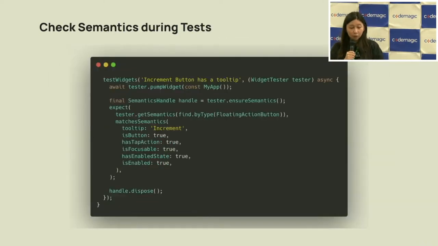Another thing we can do is check semantics during tests. With this test, you can basically verify if your tooltip or your label is there. One thing to note though is it is not a fuzzy match, so it has to be very exact. So if you gave it a boolean that image is true, you have to add that. You have to add every piece of information of that semantics, otherwise the test will fail. So it's very lengthy to write this test, so I can recommend in a business case to write it for the main flows.